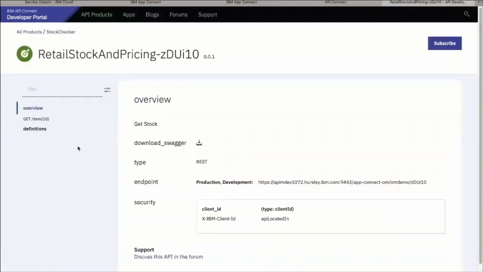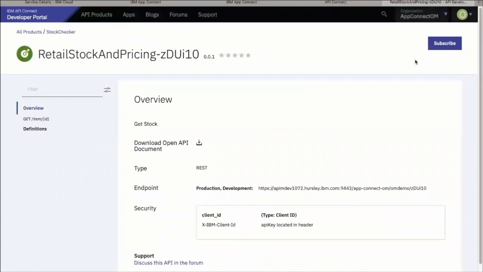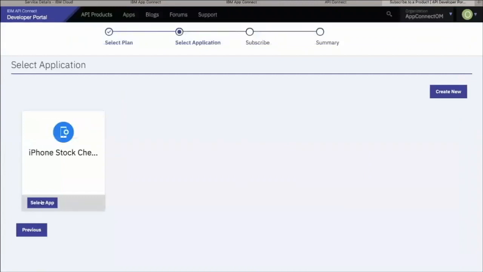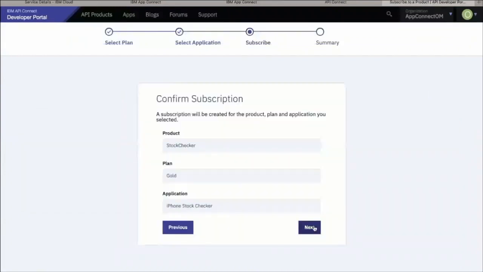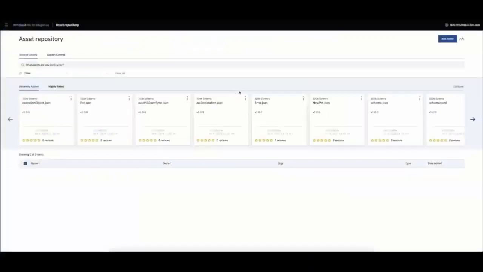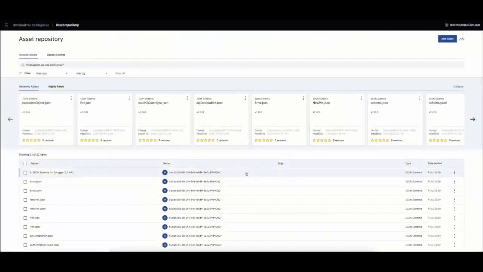In this case, I'm going to subscribe to it because as a developer, I want to know when there's a change or an update. And once I've done that, I can select the plan I'm going to be using, and that helps me limit my exposure if this is a charged API. And then as I've done that confirmation of the subscription, I not only can leverage the API, but I can get updates to what's changed.